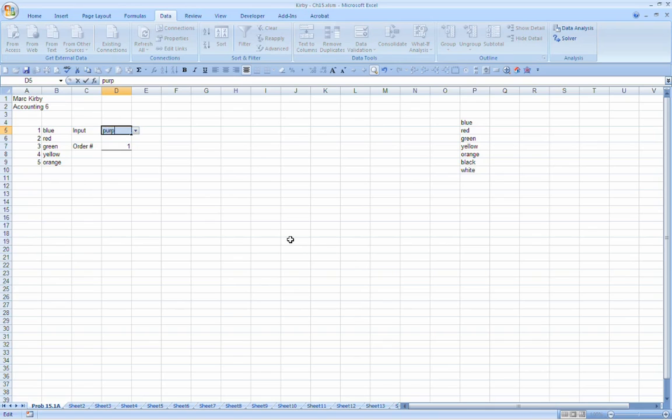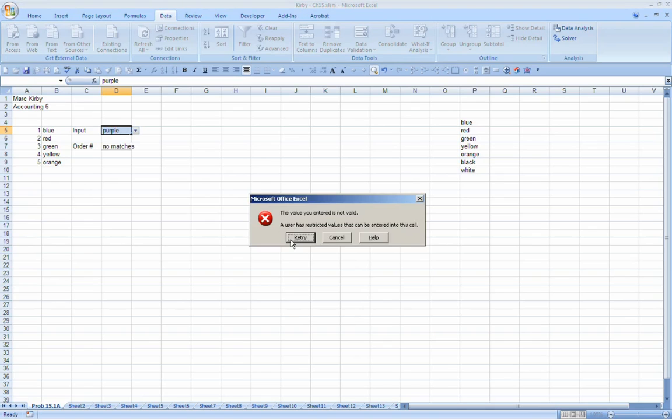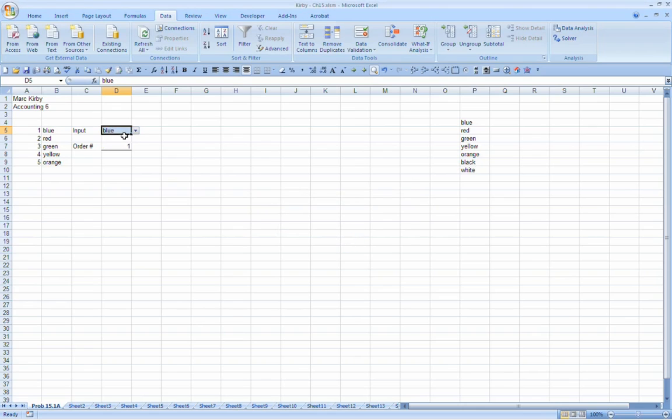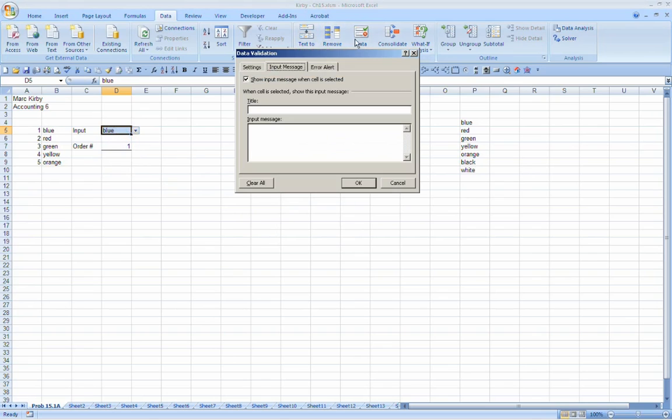If I do it wrong again, it says, hey, you know, so it's not going to let me put in anything that's not on the list. If I hit cancel, it just stops, it goes back to the data that it was before. It forces the user to pull from your list. The other cool thing is, instead of it just saying, hey, you got to pull from the list, you could type in here, you must select,